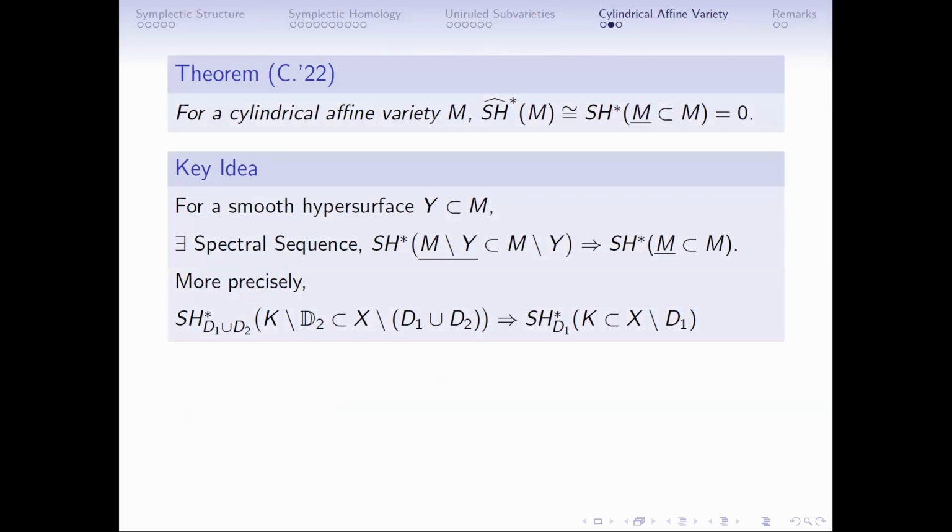This is a spectral sequence coming from the deleted part to converge to the non-deleted part. This work uses homomorphism, relative symplectic homology, the Mayer-Vietoris sequence, some h-principle, and a combination of things. But the main idea is that even if we delete the hypersurface, which is quite a strong condition,